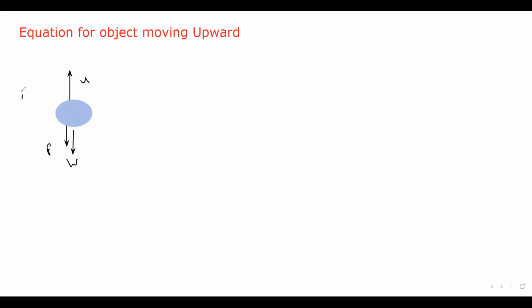So this object is moving upward. When we write a formula, we can say upthrust is equal to viscous drag plus weight,